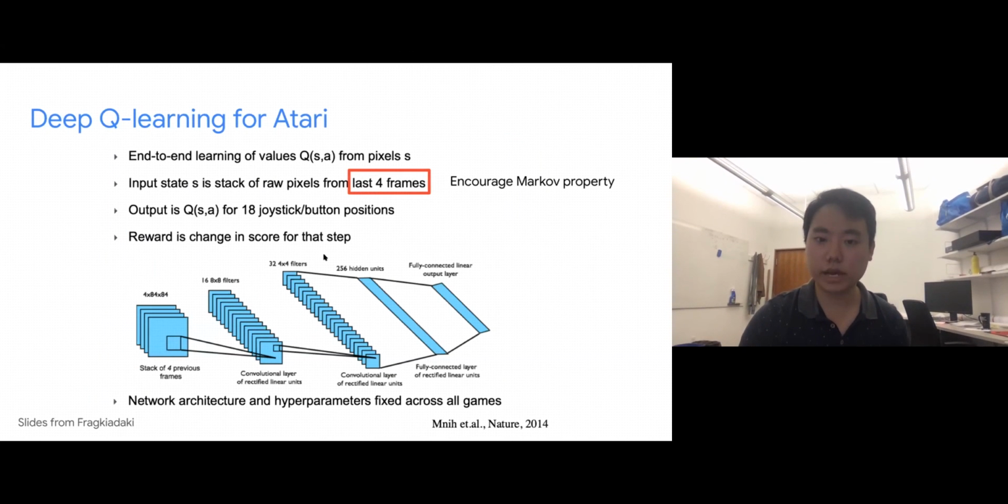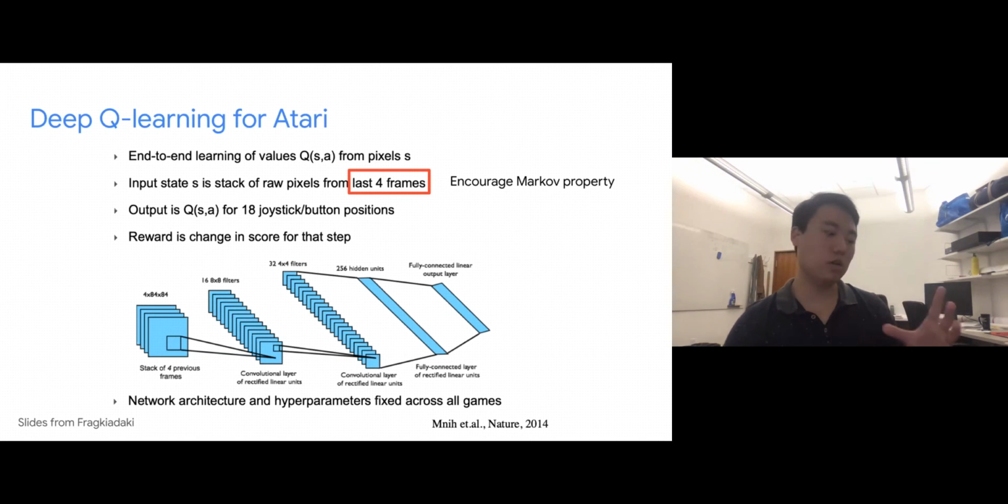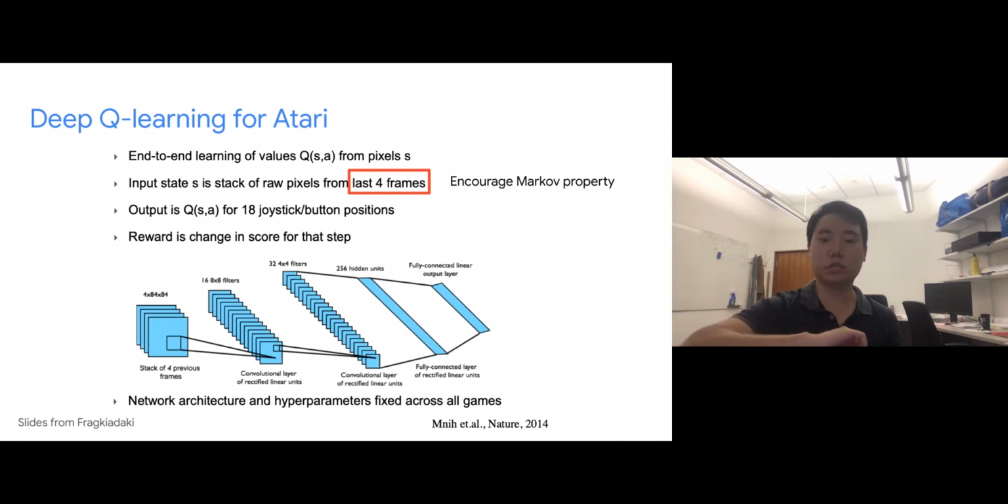So the designer method that actually respects this Markov property, you can actually take the previous 4 states. I mean, ideally you would take all previous states, up until the Markov property holds. But I guess in practice, you can't take a bunch more states. 4 is a reasonable number. So if you take 4 states, you can actually track the position of the ball over the past 4 frames. And that actually allows you to predict the next state and next action accurately without relying on information from frames